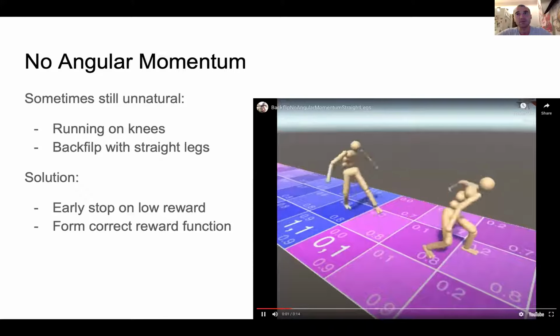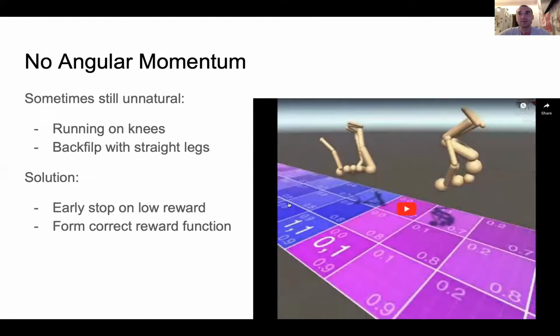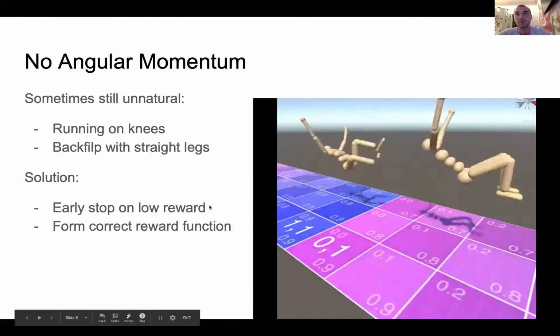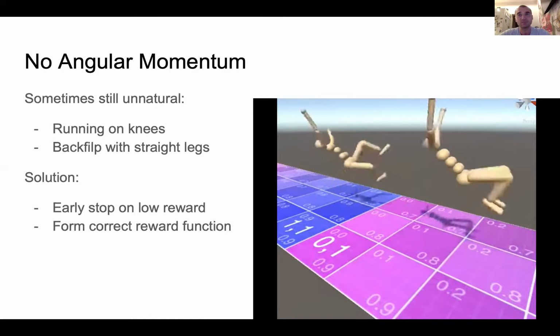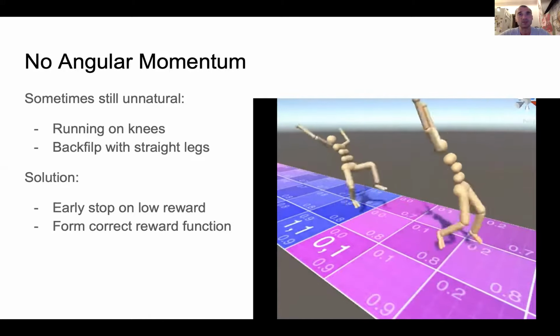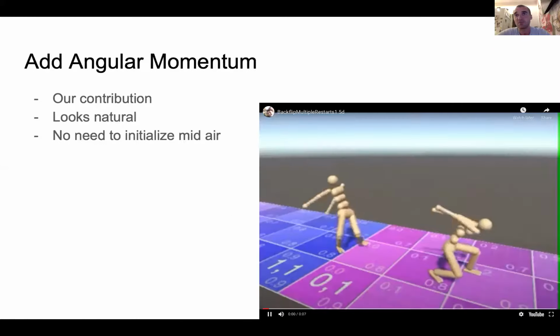Sometimes adding the reference motion is still not enough. For example, an agent will learn to run on knees while its arms will still look natural. Or like here in backflipping, note that its legs are straight and it has tilt and uses an elbow to balance itself. So the solution to that is to use early stopping when the reward falls below some threshold,